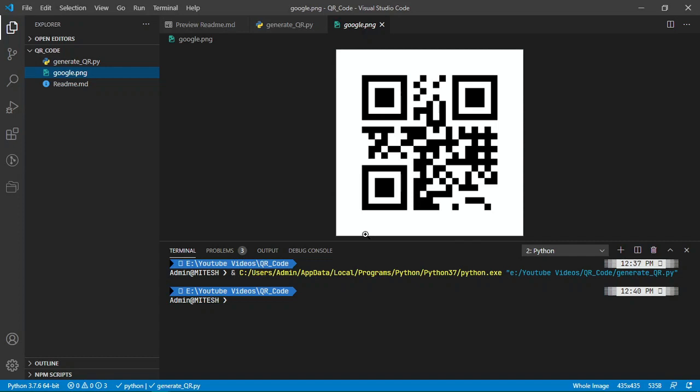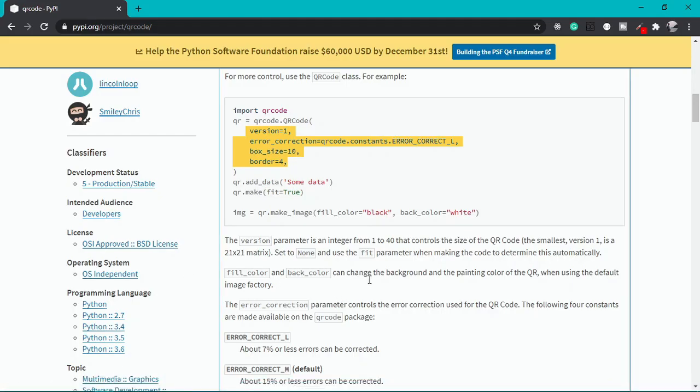And now I am scanning. So I will just increase the brightness. Somehow it is not working. Ta-da. So yes, it is not working. So yes, we have to make some changes. So let's